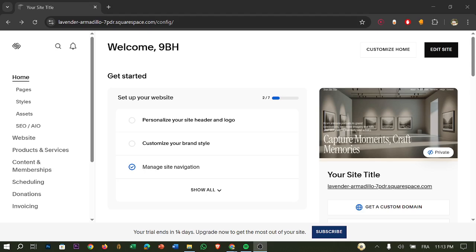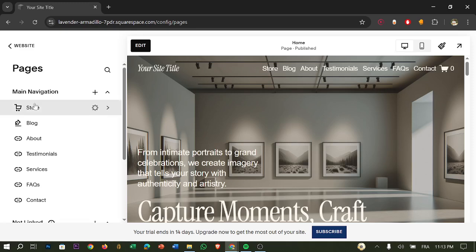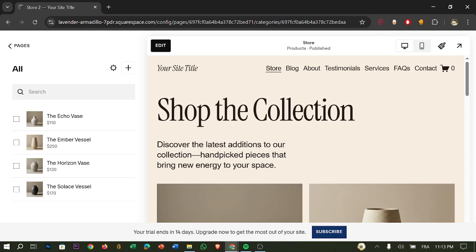So first things first, log into Squarespace, open your website, okay, tab pages. This is where store pages live, okay. So click your store page, okay. You will see the products list, okay, the collection view. Subscription products live alongside normal products, okay. So add a new product, so click plus, okay,